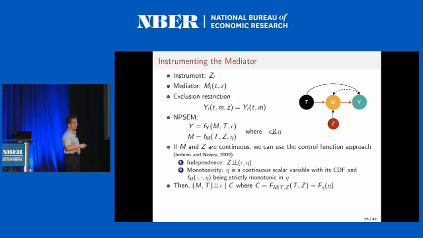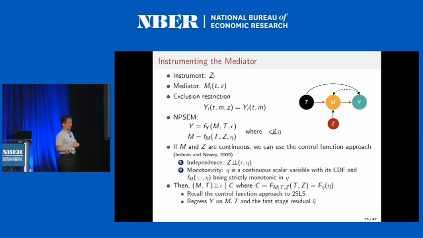What is a control function? If you throw it into a regression, the endogeneity is solved. That's the magic function, the control function. And the control function in this case is a conditional distribution function, M given T and Z, which is basically the distribution function of the error term. That sounds super complicated, but think about the control function approach to two-stage least squares. What do we do? We regress Y on M, T and the first-stage residual, because the first-stage residual is a control function. So in the linear case, that's an alternative way of doing two-stage least squares, and that generalizes in this